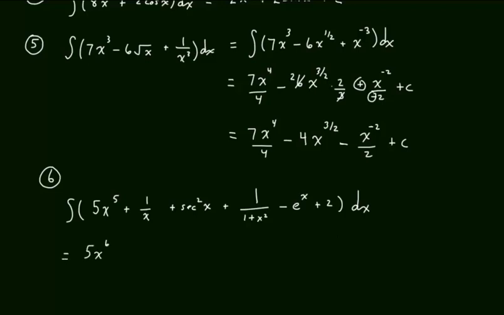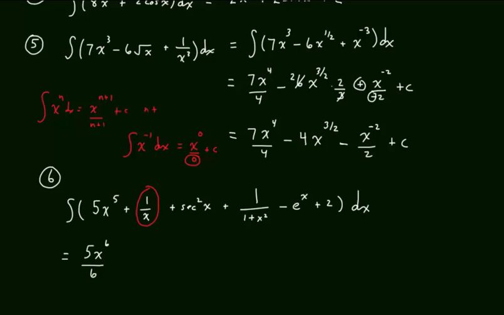5x to the power of 6 over 6. I would like to highlight this one here for a minute. In the event that you wrote this one, x to the negative 1 power dx, well, then you would have added 1, which is 0, divided by 0, but you can't divide by 0. When we did the reverse power rule, we said it's x to the power of n plus 1 over n plus 1,